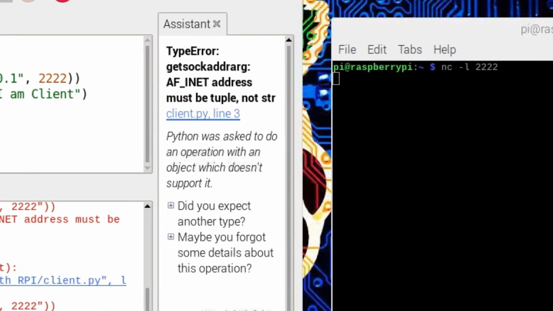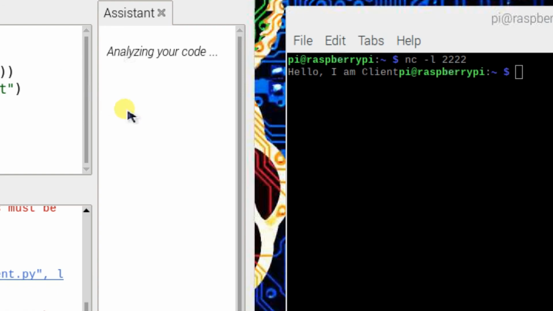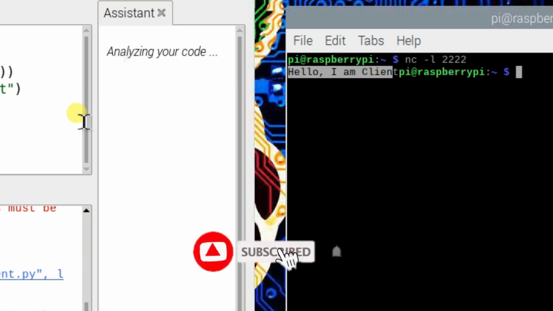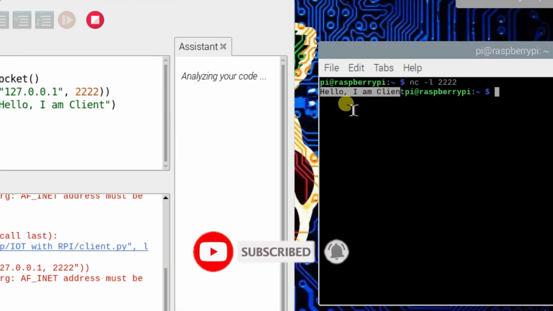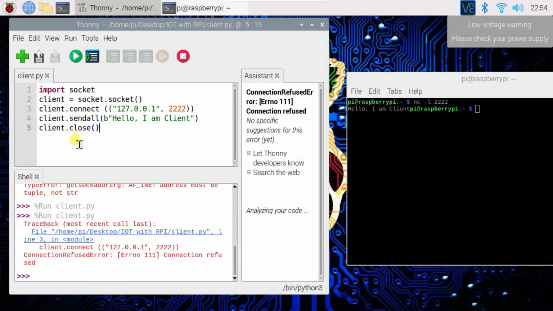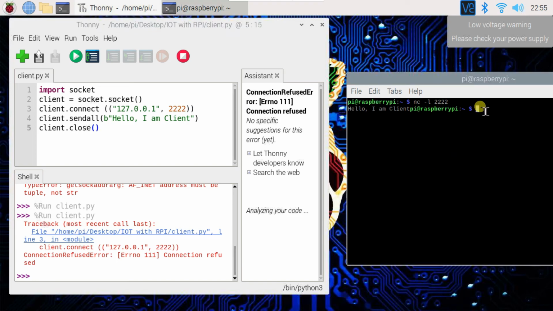Hopefully it will work. Wow, you can see here it is printing hello, I am client. It means my client is able to send a message to the server, right? I will again run this code. It will not print because we have to run the command nc -l 2222 again.